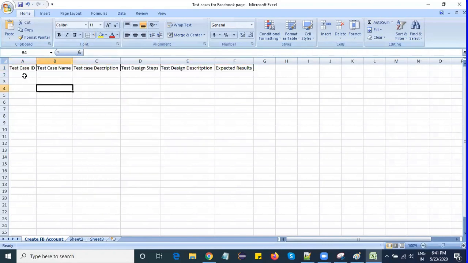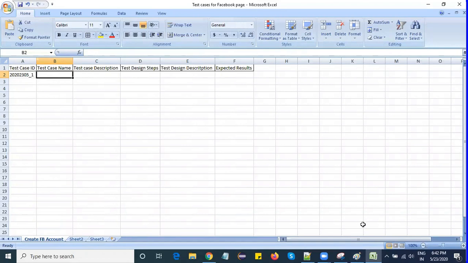Okay, what is test case ID? First, test case ID is nothing but a unique value, right? So here, as per today's date, I am going to give the unique value, 23rd May. Sorry, I'm just taking this value for test case ID, but in the real world the system automatically generates it. Second one is test case name.